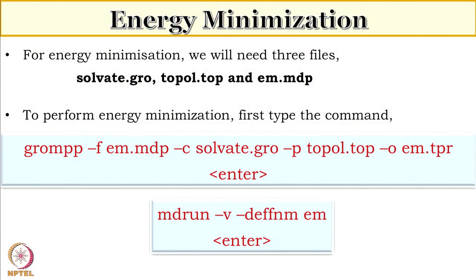Now we already have the solvate.gro file, which is my methane solvated by water. We have the topology file and we have the energy minimization file. This em.mdp file is the same for all the cases, like we have done in argon, water-methanol mixture, S-peptide. The format doesn't change.